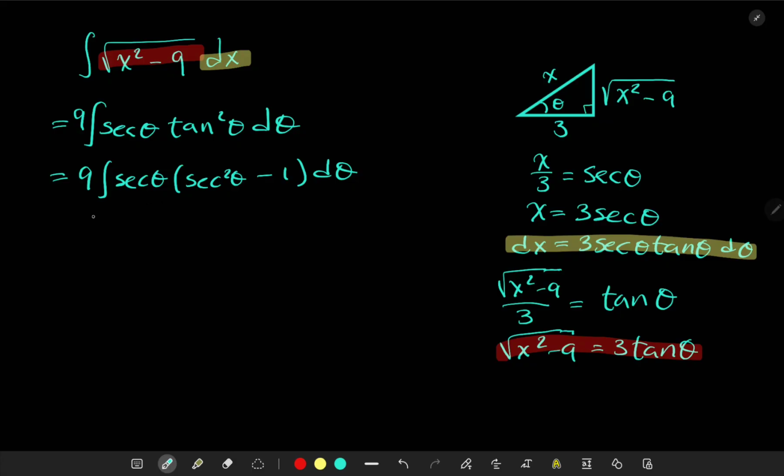And so why would I do that? Well, for two reasons. Firstly, I'm going to have a 9 secant cubed. I could write it even as secant squared if I wanted to. That's probably the easiest way to go about it. Anyways, I already wrote secant cubed. It's okay. Minus secant of theta d theta. But now,